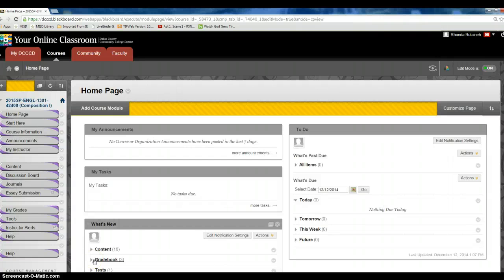Here's some tips for your first assignment. The first assignment is a discussion board, and you will analyze two visuals from a Prezi. So the first thing you want to do is go to Content